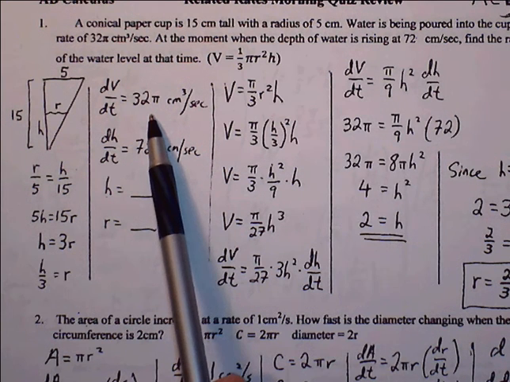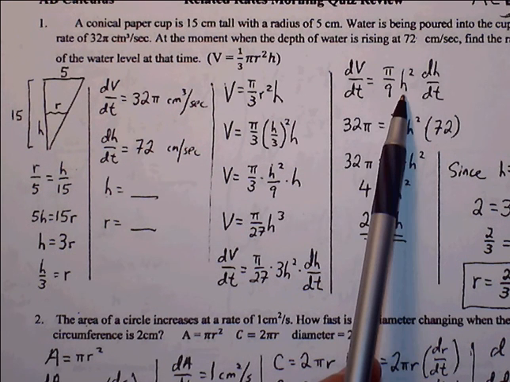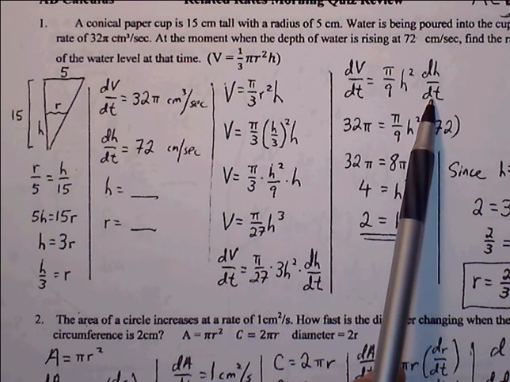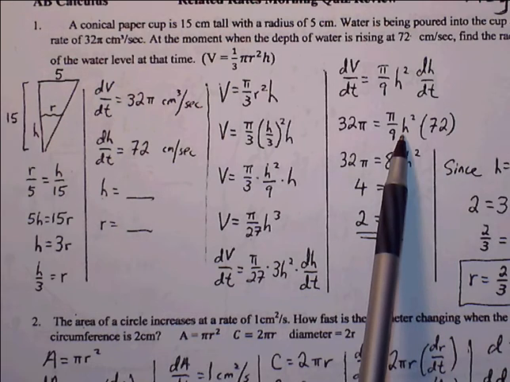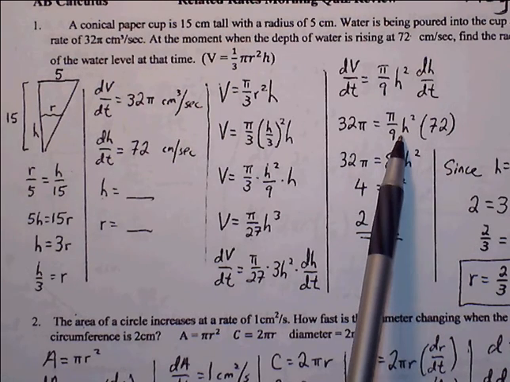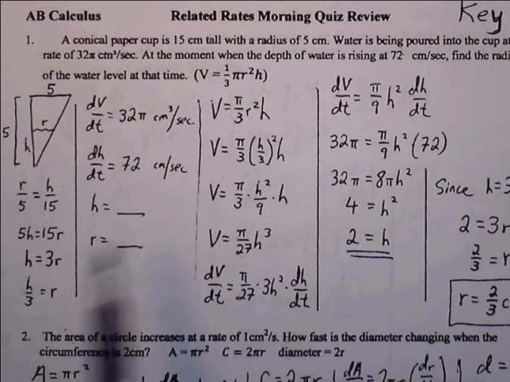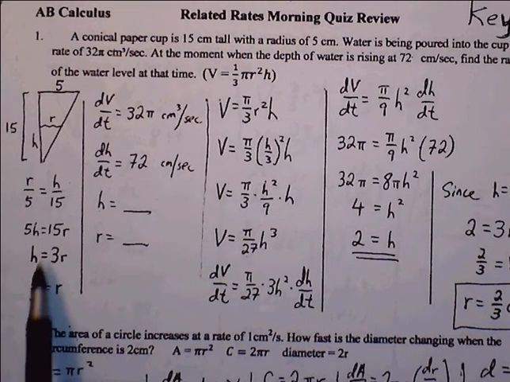H we don't have, so we're going to leave that alone. dH/dt we do have, which is 72 centimeters per second. So now we can just solve for h. Okay, h is not what we're looking for. We're not looking for height, but if we can get to height, then we can go through this conversion formula